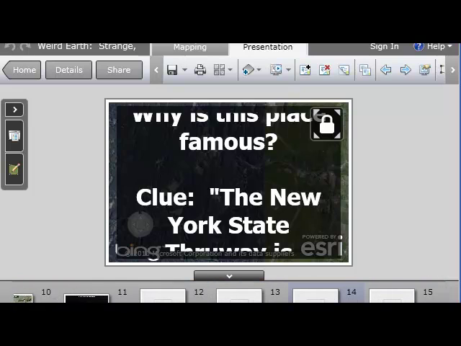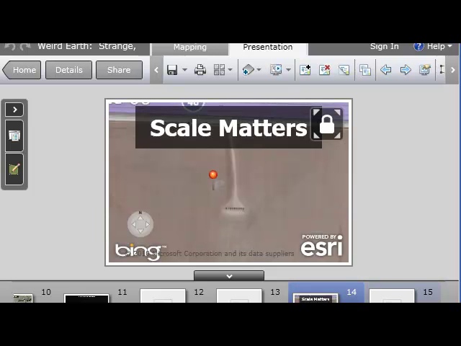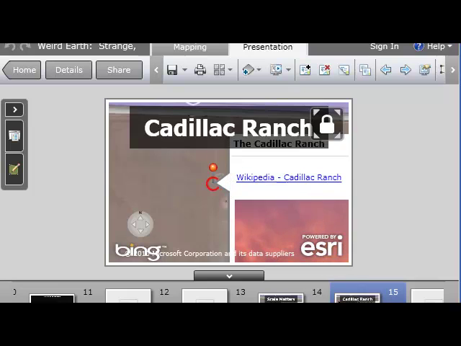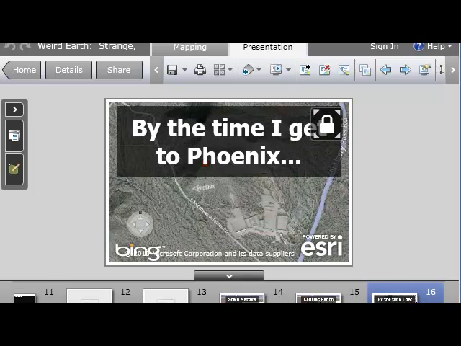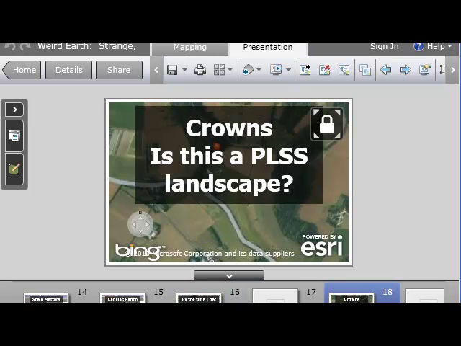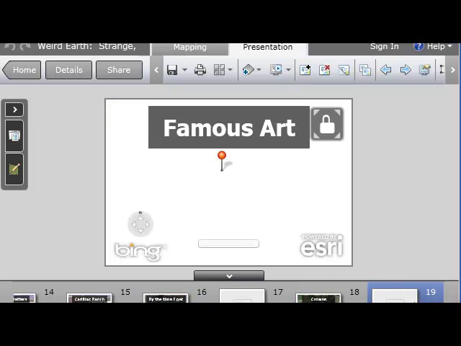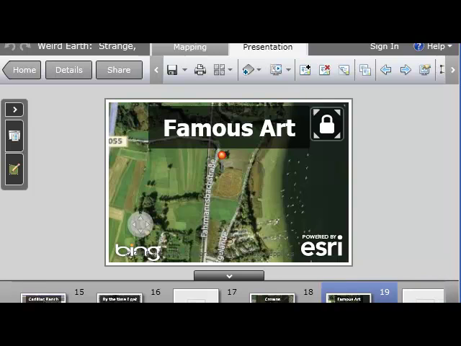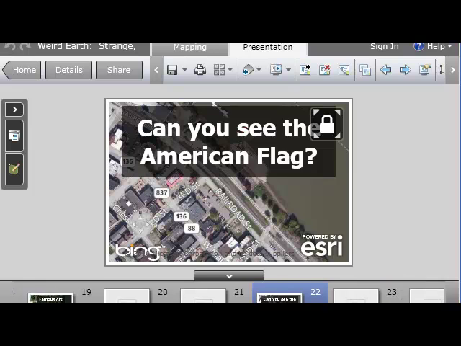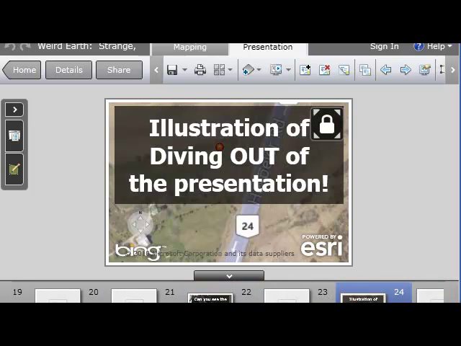As you can see here, each one of these live slides can be exited at any time, going through the mapping tools. See the slides that I have shown on the bottom of this screen? They're all tied to one of these interactive web maps. So in this case, I can go through and highlight and skip to one of many of the slides that I have in this particular presentation. I think I have about 40 slides in this presentation. Best of all, it's all stored online in the ArcGIS Online cloud. I can access it any time from any computer or even from a mobile device.